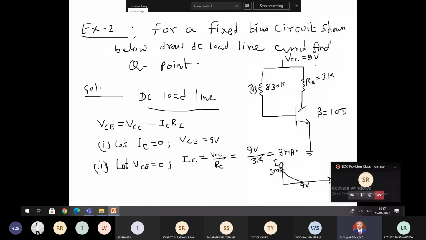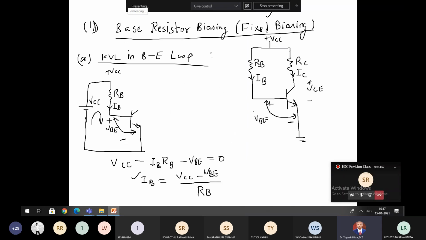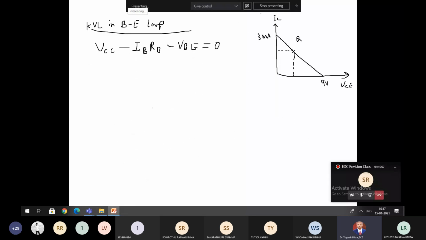See this circuit diagram here, this type of circuit you can draw: VCC, IB, RB, and VBE. So now from this expression, I will write the value of IB as